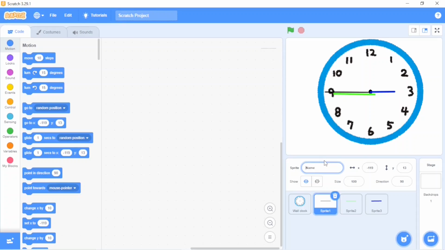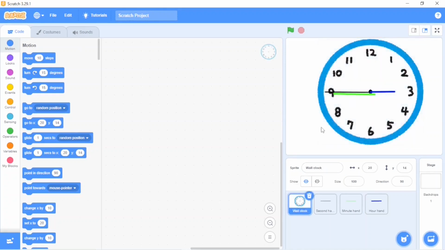This is the second hand. This is the minute hand. This is our hour hand. Okay, sprites are ready and names are also ready.